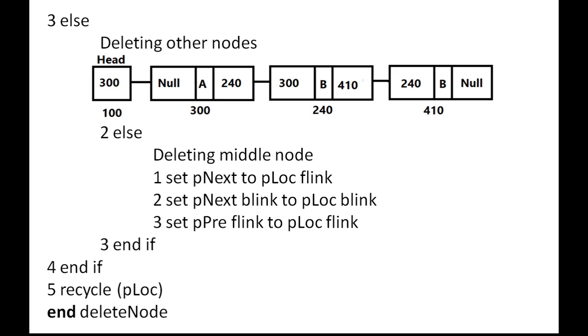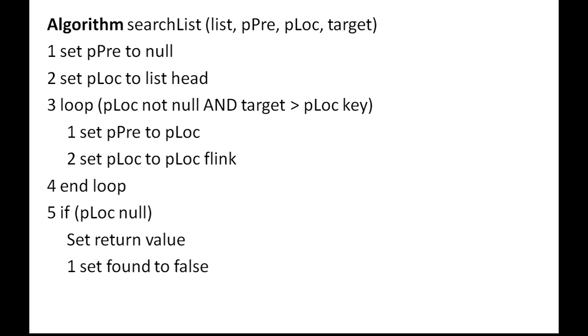So we have discussed the insert and delete operations, and there is also a search operation involved in the linked list, but fortunately the search operation doesn't require much change, because search operation is just for locating the position. We don't modify the linked list, so we don't need to change any address while we search. Only change I have to make is to change the link to f link, because in singly linked list we referred to the pointer as link pointer, but now we refer to that as forward link pointer, so f link. Other than that, the algorithm remains the same.